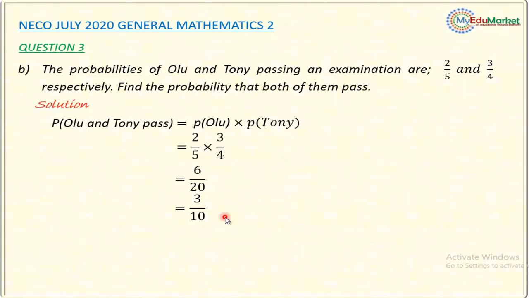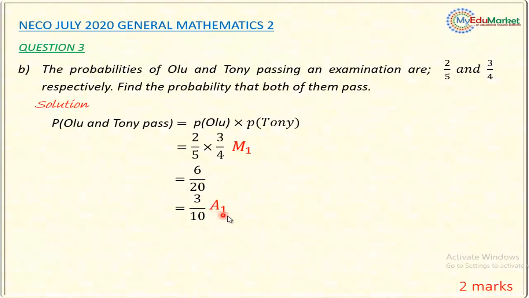Next, you see the mark distribution for this very question according to the official NECO marking scheme. And the mark distribution is as follows. The first mark is the method mark, and that method mark is for multiplying the individual probabilities, Olu and Tony passing. So multiplying those individual probabilities gives this method 1 mark,